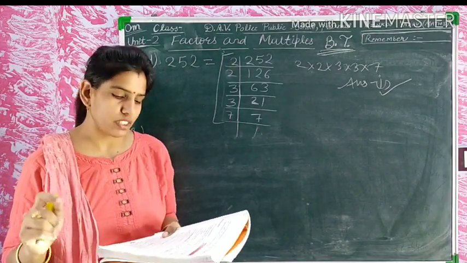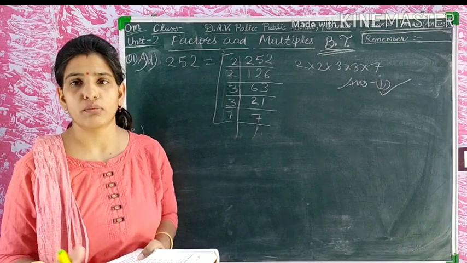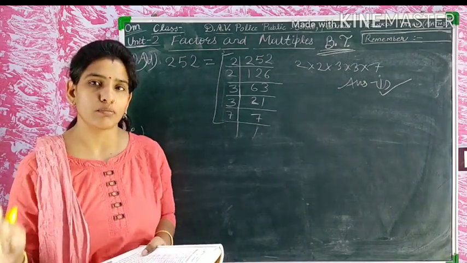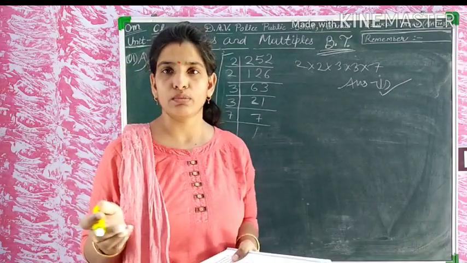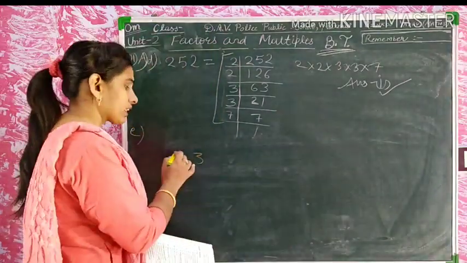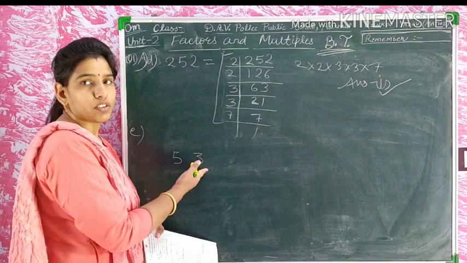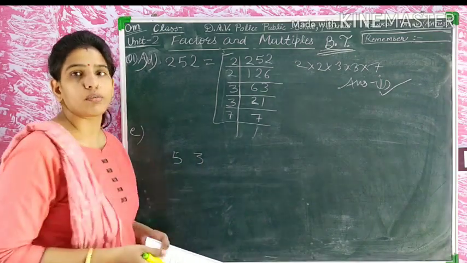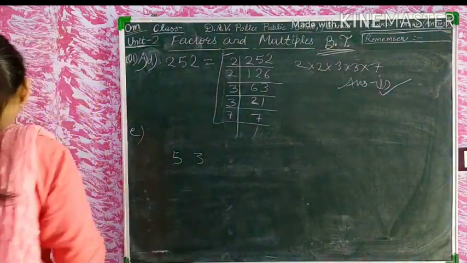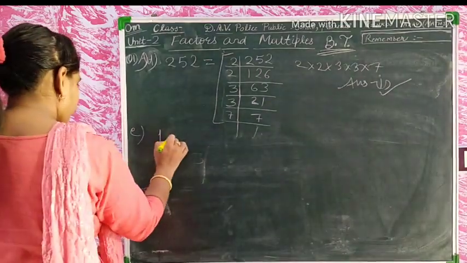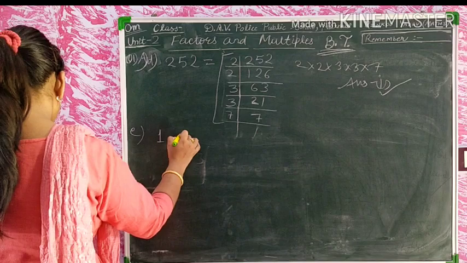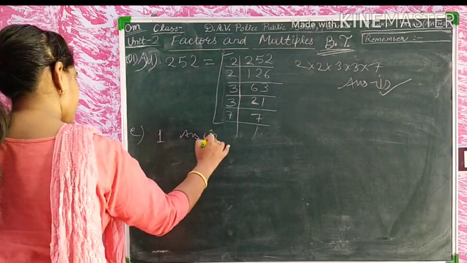Is minus 1 a factor of every natural number? No, minus 1 is a factor of only minus 1. Is any number a factor of any number? Let's suppose there is a number 3, its factor is 5. No, it is not possible. So 1 is the factor of every natural number. So its answer is 1, and part first is the answer here.